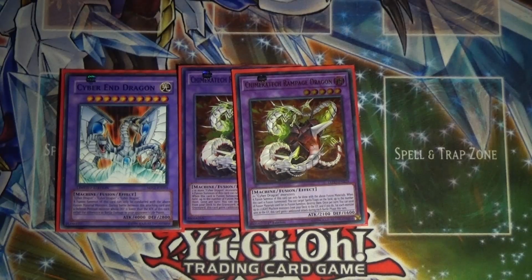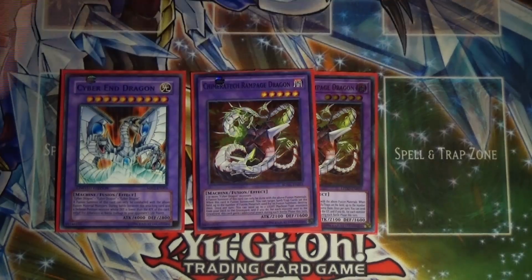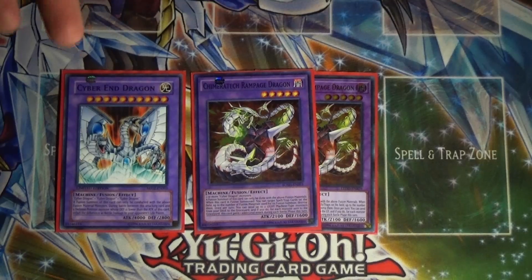This deck doesn't have a real problem with back row decks because, I don't know, I just haven't had a problem. I've beaten Altergeist every time I played against it with this deck, and then Sky Strikers I haven't really gone up against yet with this. But I've played against Sky Strikers with Cyber Dragons and I beat them. And the Trickstar decks, I haven't seen what the new stuff does, so I don't know about that